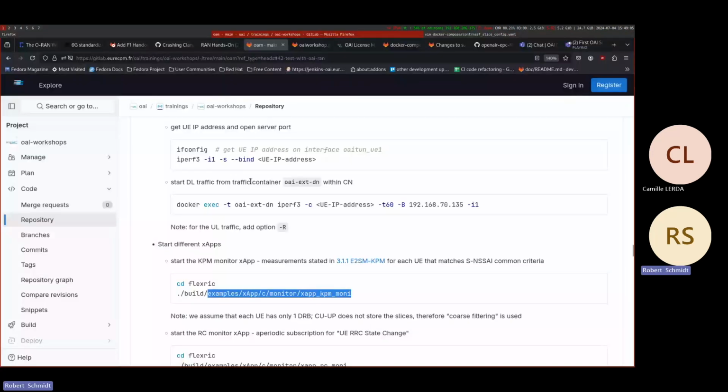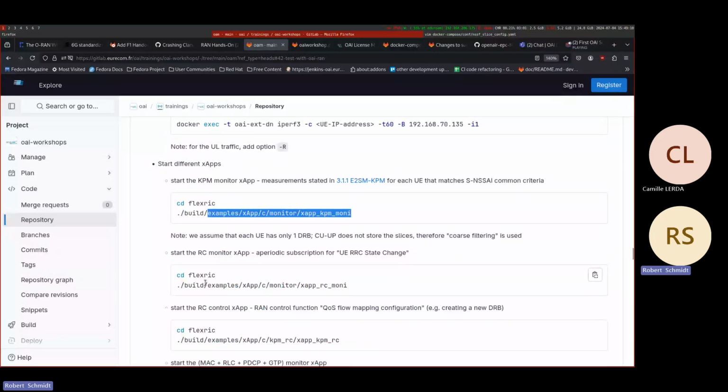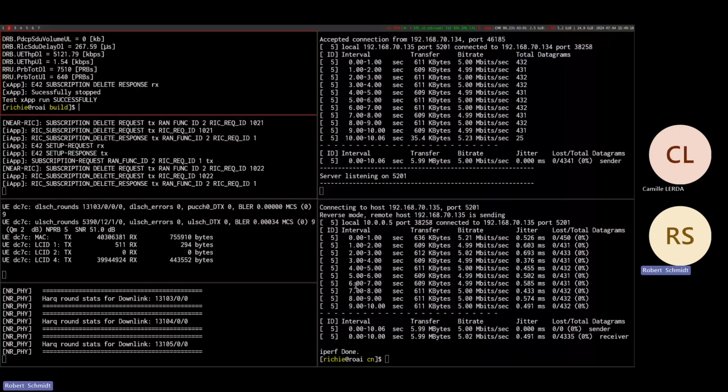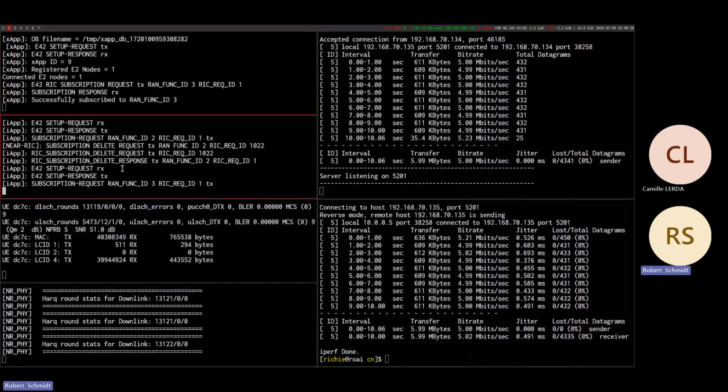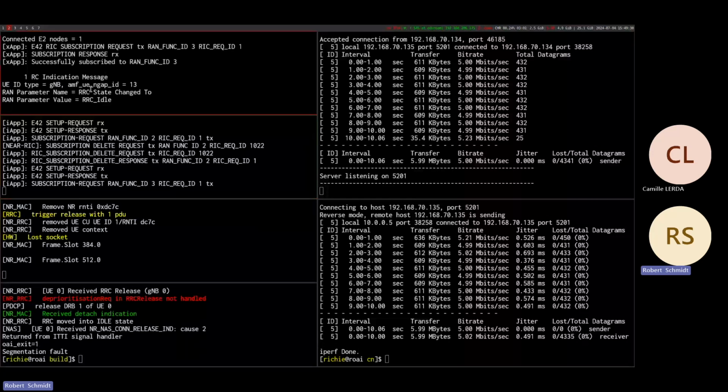The second thing that I want to briefly come to is this RAN control monitoring, which is basically the same thing, but this time this xApp will just register to be informed when a UE leaves and when a UE comes. So I could, for example, just stop the UE, and then we see here that the RC state of a particular UE with this ID changed to RC idle, and so we know at the xApp that one UE left. If we now connect,